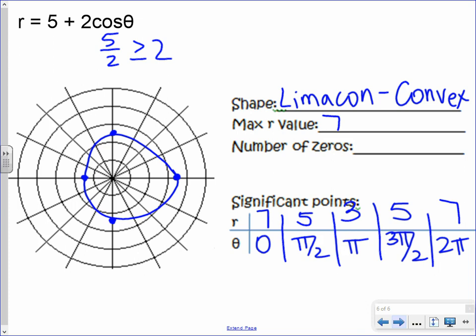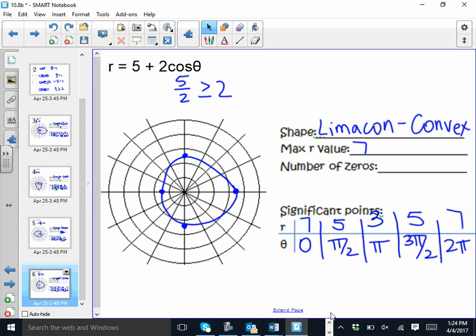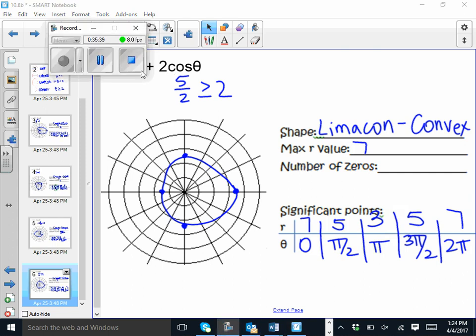In my opinion, the most difficult part about limaçons is just remembering which type is